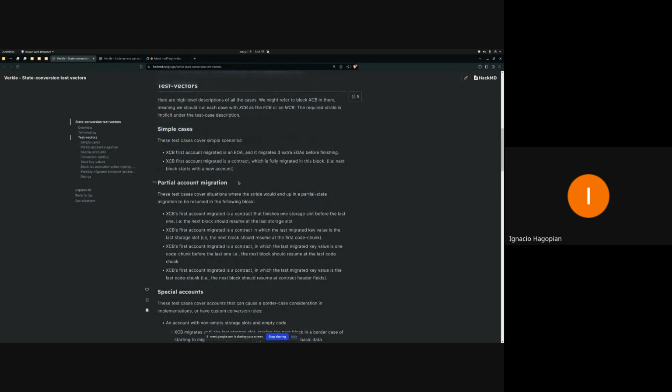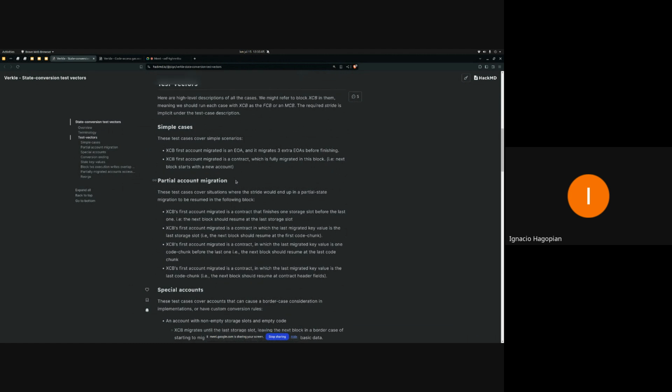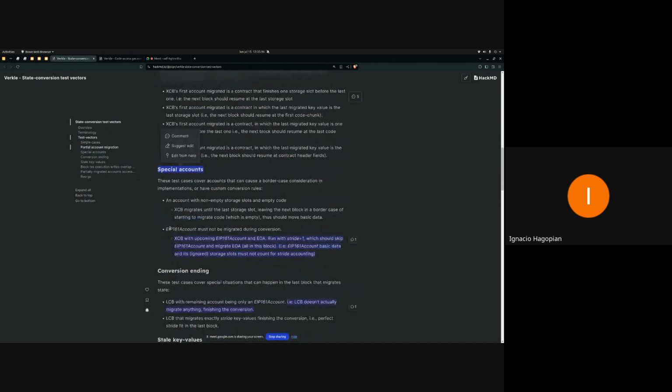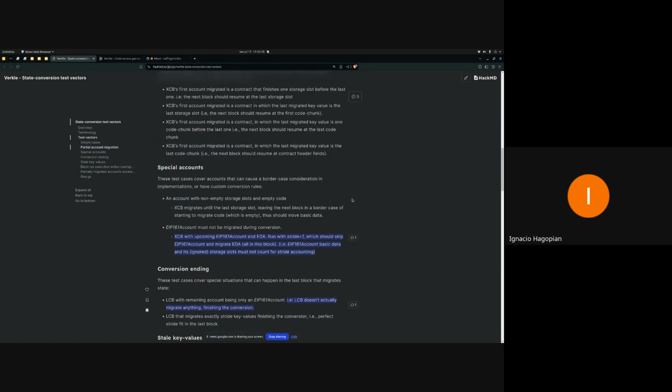We have cases to test state conversion where between blocks you have partial account migration. We have to account for special accounts. So for example, accounts from EIP 161 are accounts that we won't migrate during the conversion. So we have to test that this works correctly in our implementations.